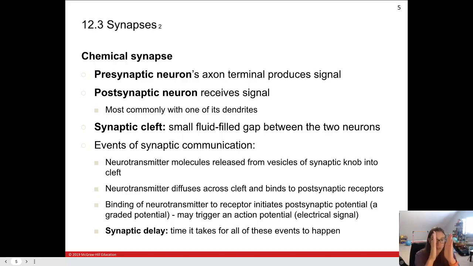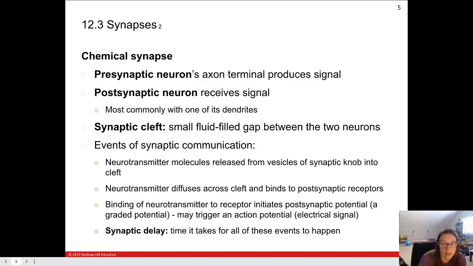Then we have the synaptic cleft, which is a small fluid-filled gap between the two neurons, because in a chemical synapse, they don't actually touch. They're very, very close, but they're not actually touching. That synaptic cleft or synaptic gap is that small fluid-filled space between the two neurons. And then on the other side, the neuron that's receiving the signal is called the postsynaptic neuron. And either the cell body or, most commonly, the dendrites are going to be the part of the neuron